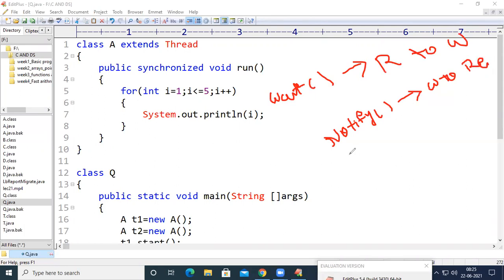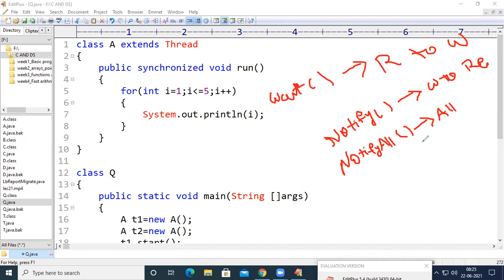At the same time, if there are 5 threads in waiting state and I want to bring all the threads back at a time, I can use notifyAll. This notifyAll will bring back all the threads from waiting state to ready state. So this is what generally happens in synchronized blocks.